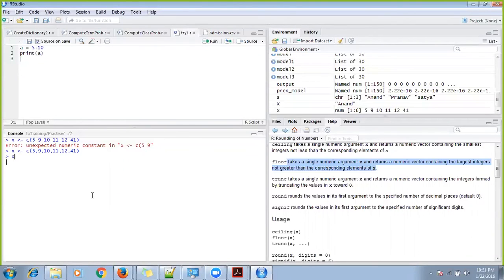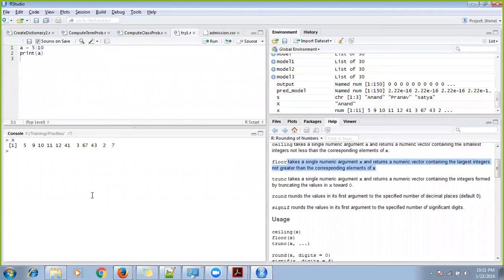X is 5, 9, 10, 11, 41. It is also sorted. Let me put some other numbers: 3, 67, 43, 2, 7. So this is not sorted now. I have a vector X which is not sorted.